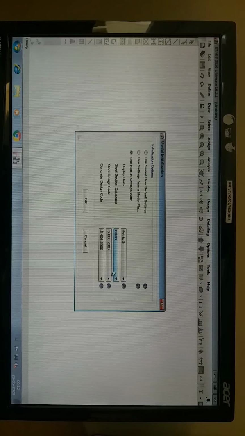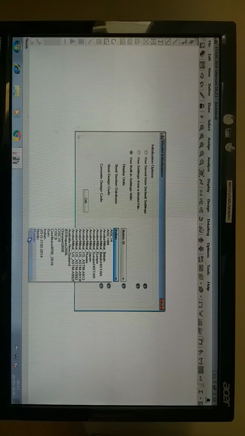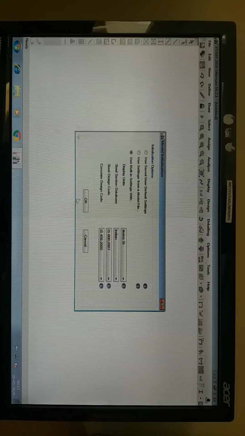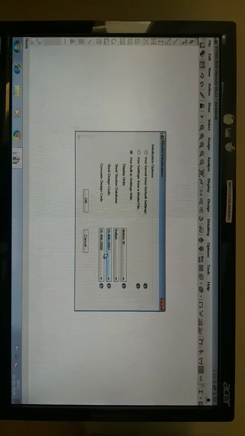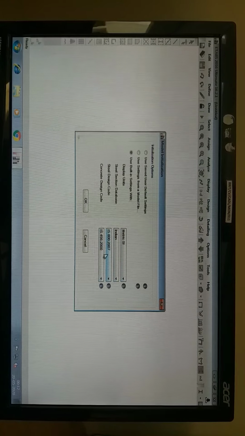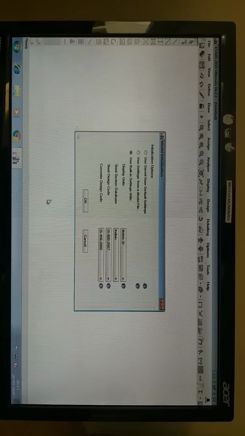For the steel section database, you can select any database related to different namings. Here I have selected Indian. The steel design code and the concrete design code are needed when you go for detailed designing and analysis of a truss. Here it is not necessary to go with any steel design code book or concrete design code, because we are only finding the member forces. So for that we do not require any design code.